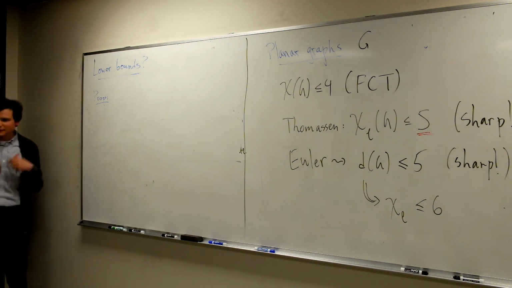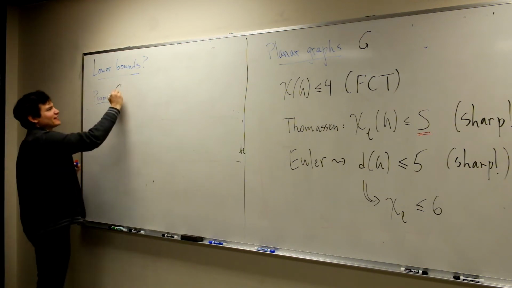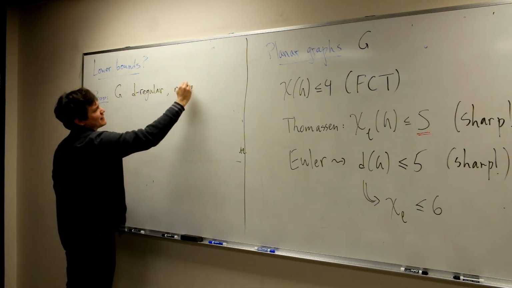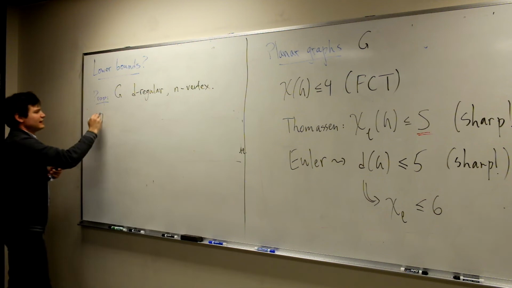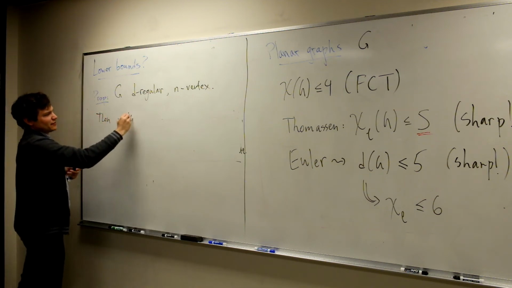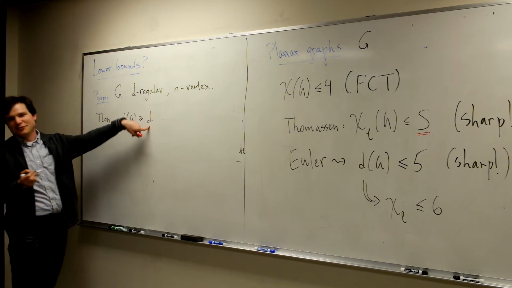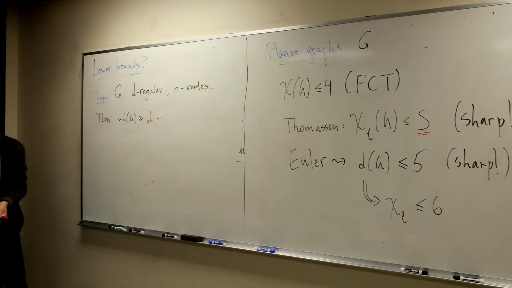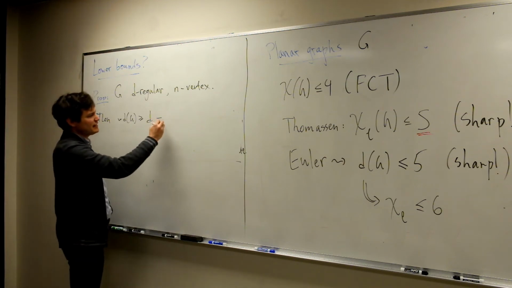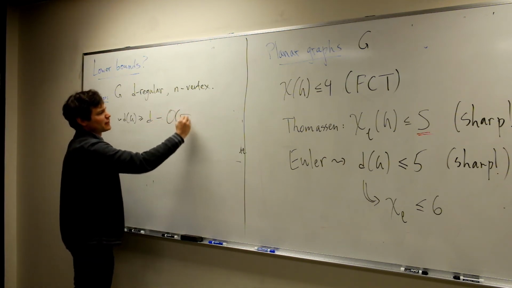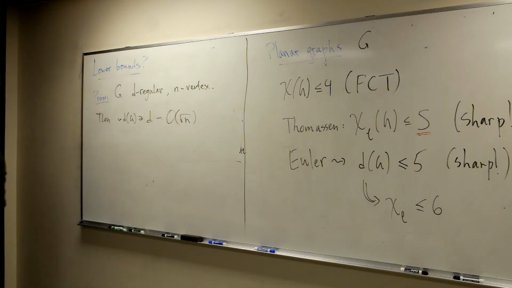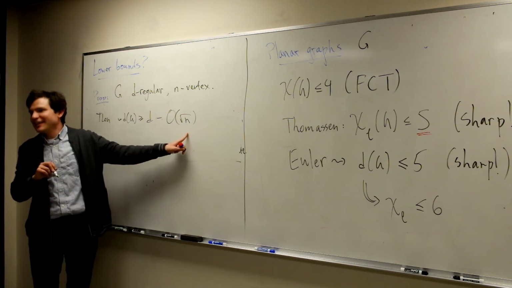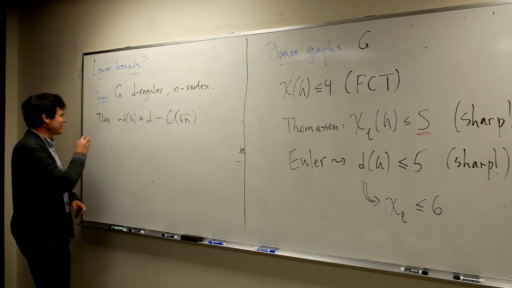Let's think about regular graphs because they seem kind of the worst for us. Say I have a d-regular graph with n vertices. Then the weak degeneracy is at least, okay, so we know that it actually is at most d, and d minus 1 unless there's a clique. But by how much can it be less than d? Well, it's always at least d minus some constant times root n, where n is the number of vertices in the graph. Like, if you think about it, d of course could be much less than n. But on the other hand, it doesn't have to be much less than that. In particular,